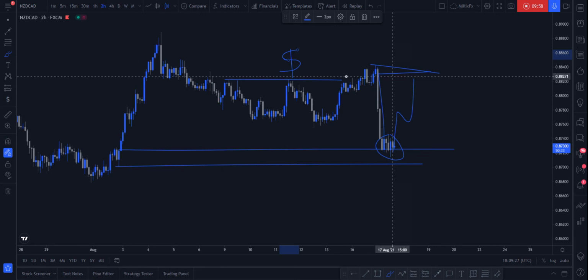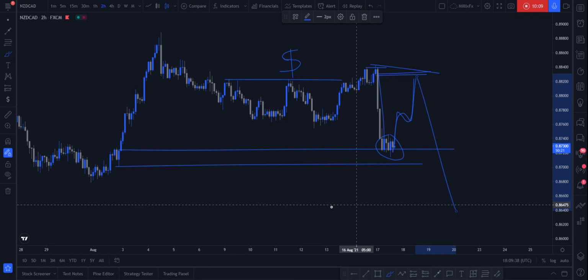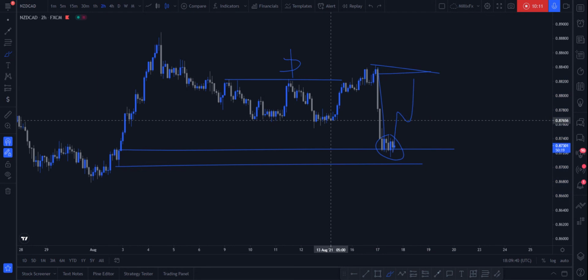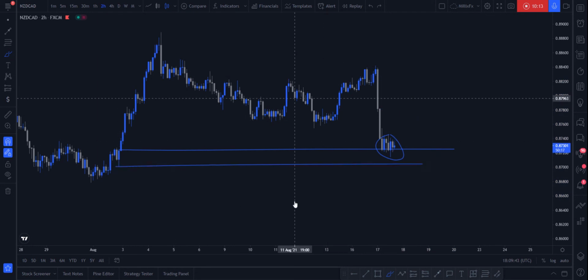purged around this area. So now the liquidity is being taken. It left a little bit of liquidity that it needs to take as well. So I am expecting price to go back, tap into this particular liquidity, and then give us the next down move, the next move to the downside. So at my order block being this particular candle,